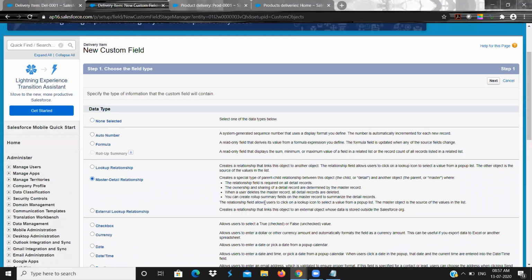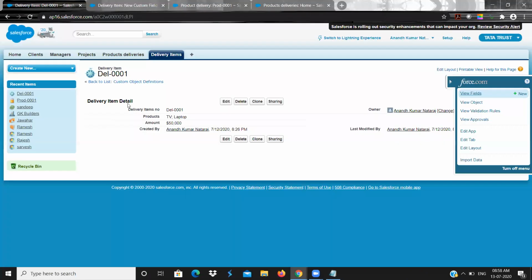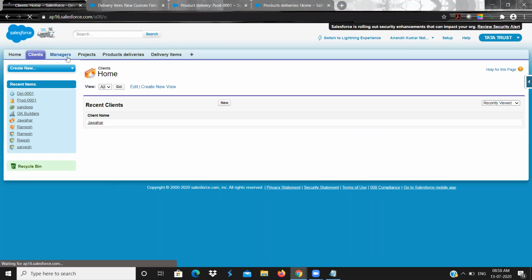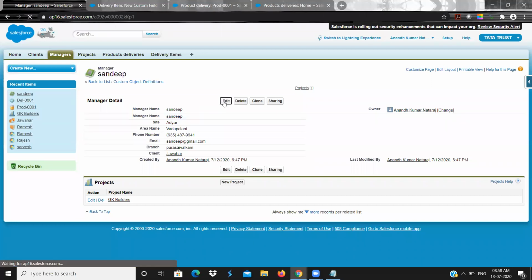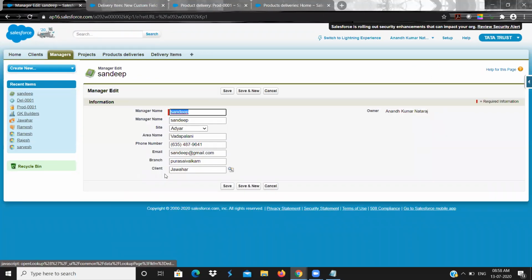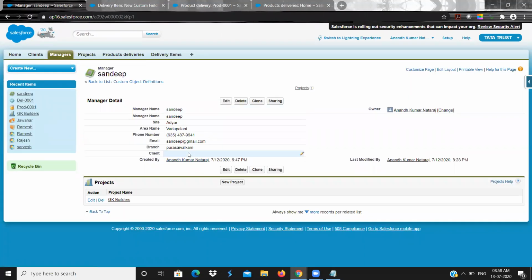So you click, see, it says the relationship field is required on all detail records. That is, if I create a lookup relationship, for example, I created a lookup relationship for manager, if you click on edit, see, this symbol means it is a lookup with the client object, right? So if I don't give the value and if I save also, it will allow me to save. So in lookup relationship, this is called the relationship field, the field that relates two objects.